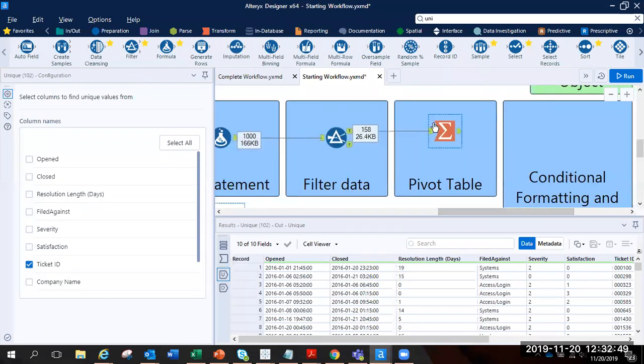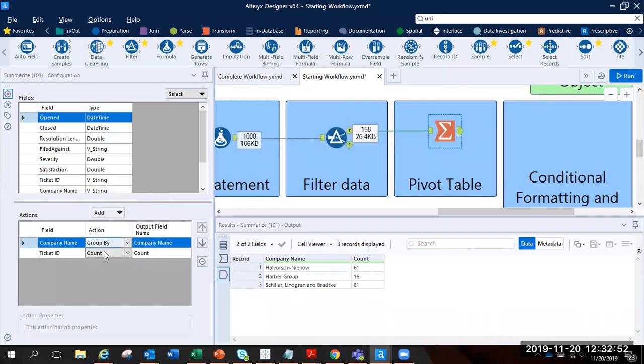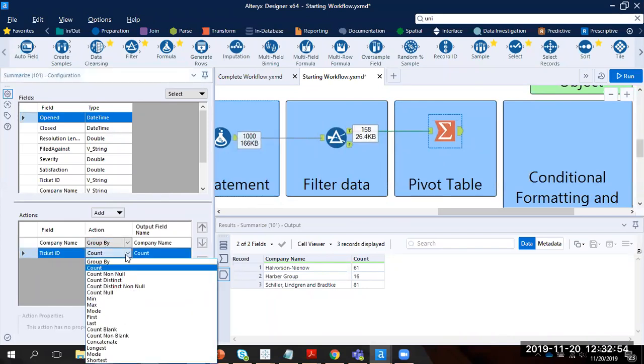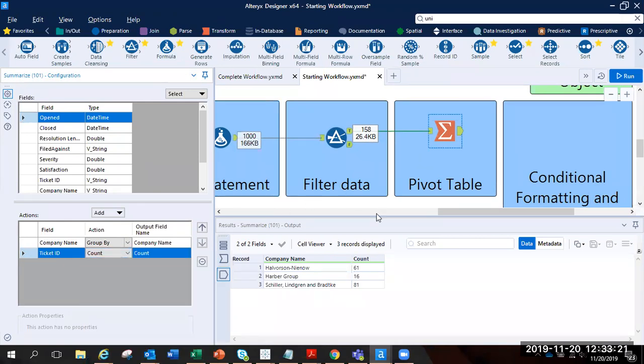So now when I go back to aggregating, I can use the count function instead of the count distinct function, because I know every single row is a unique ticket ID. If, for example, every single row was not a unique ticket ID, then in that sense I would use a count distinct function instead. So it will only count distinct ticket IDs instead of counting all my rows. So now straight away I can see,